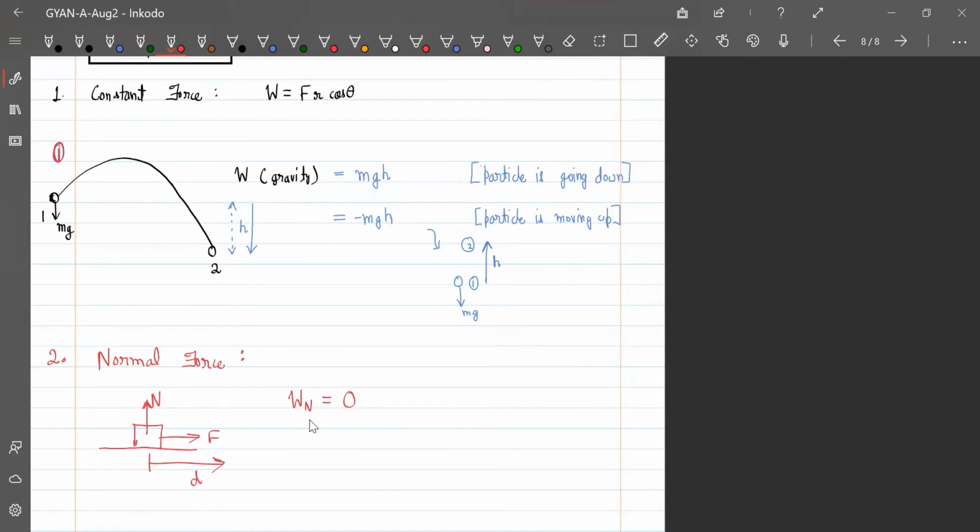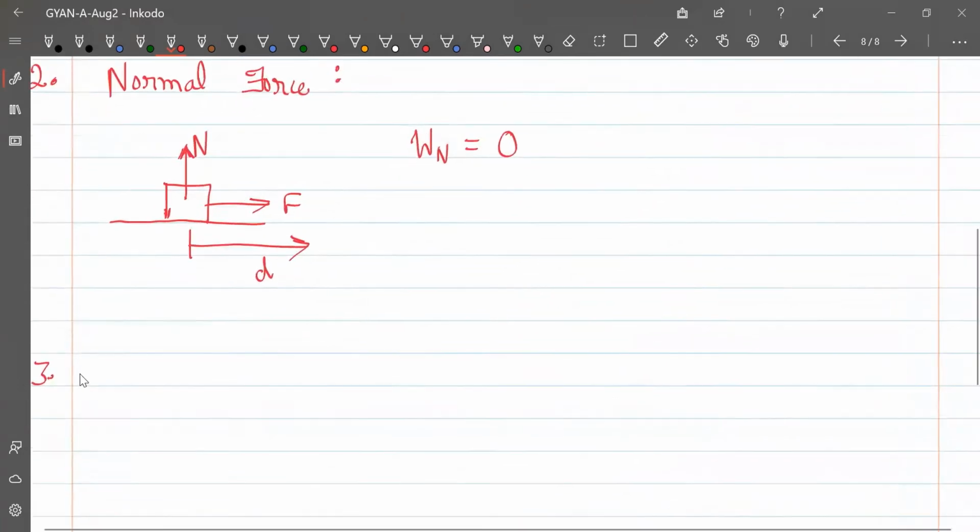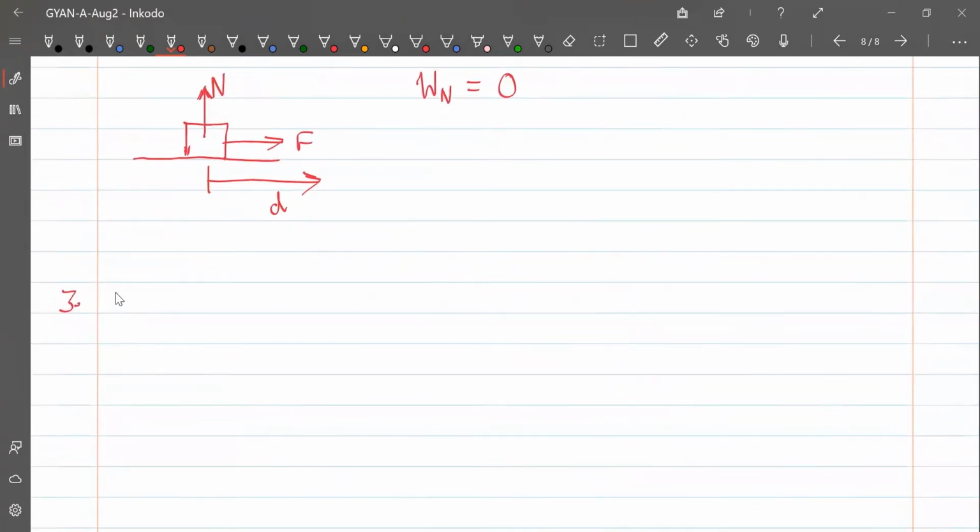Now, for tension again, tension can either do work or the work done by tension can be 0. It depends on the displacement of the object. Now, if we talk about work done by spring force,